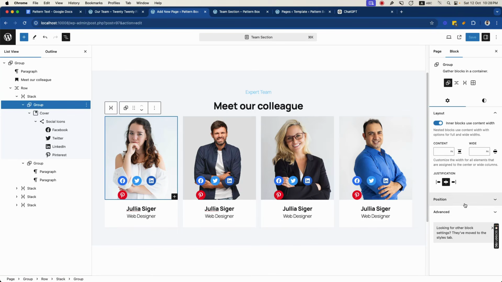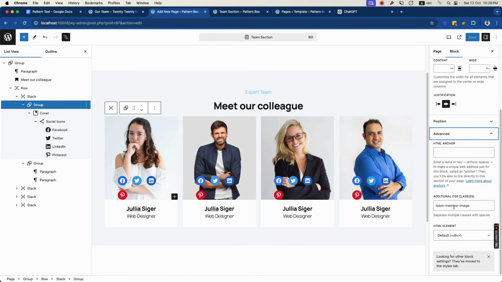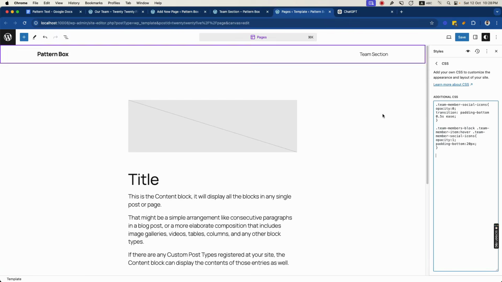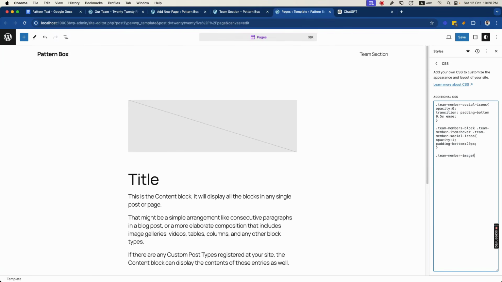For adding the overlay effect, I will select the class of the image block, and then I will make it position relative, because on its before pseudo element I will add the overlay. So I just added position relative to this class, and after that I will select the pseudo element of this class which is before, and then I will add the content to none, position to absolute. From top it will be 0, and from left it will be 0 also,